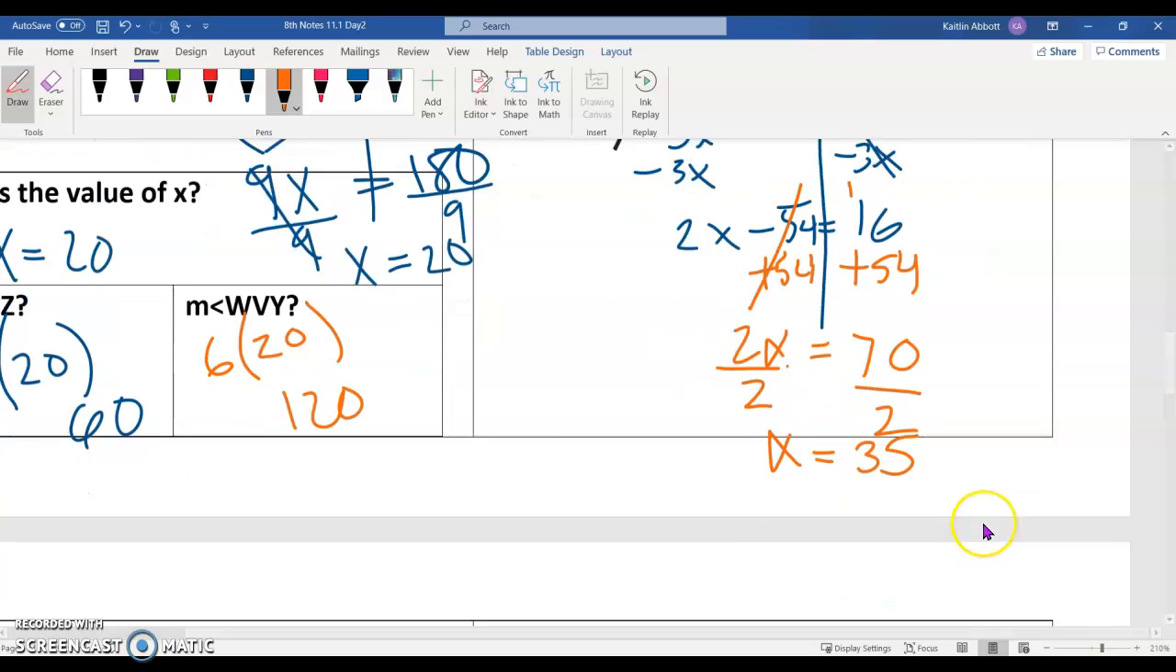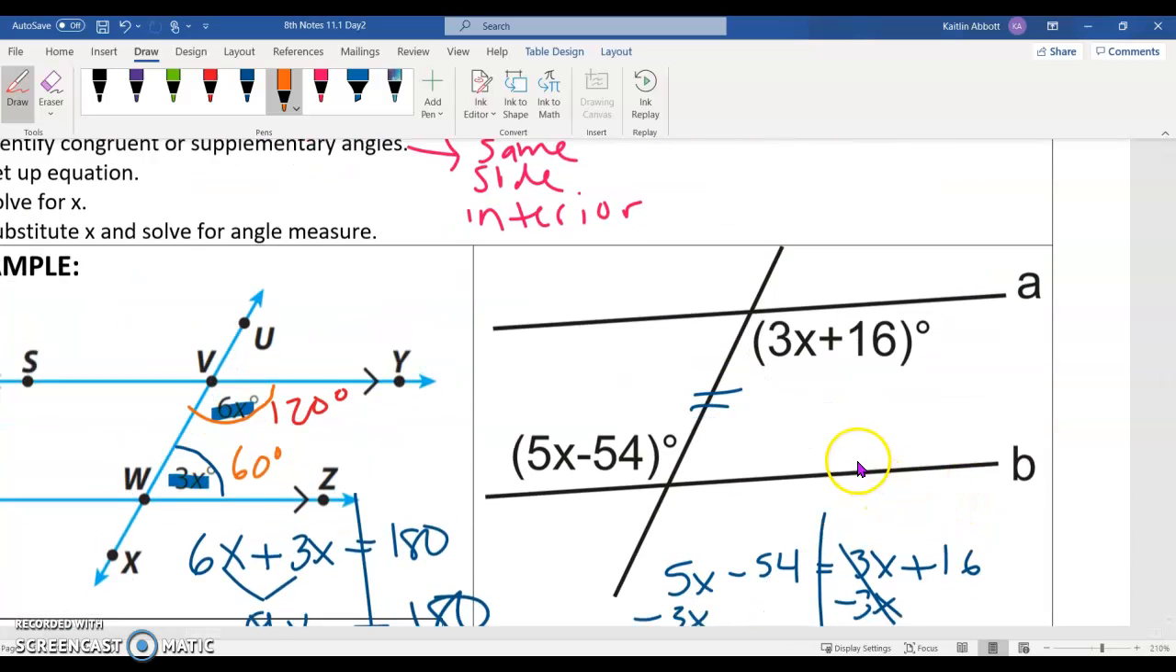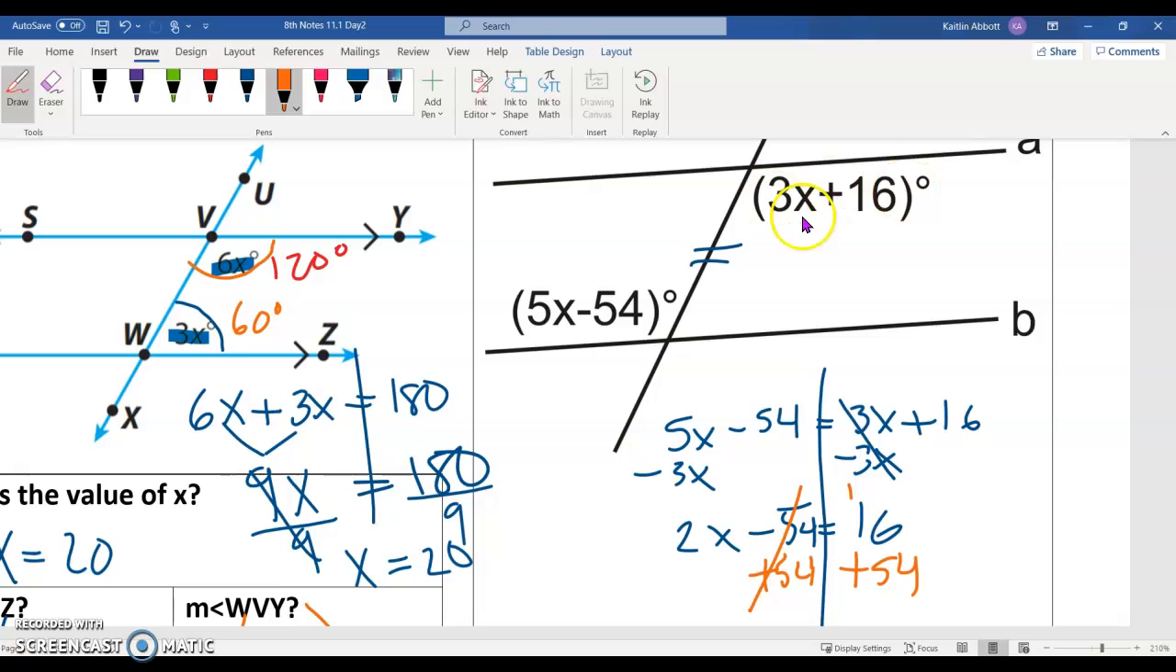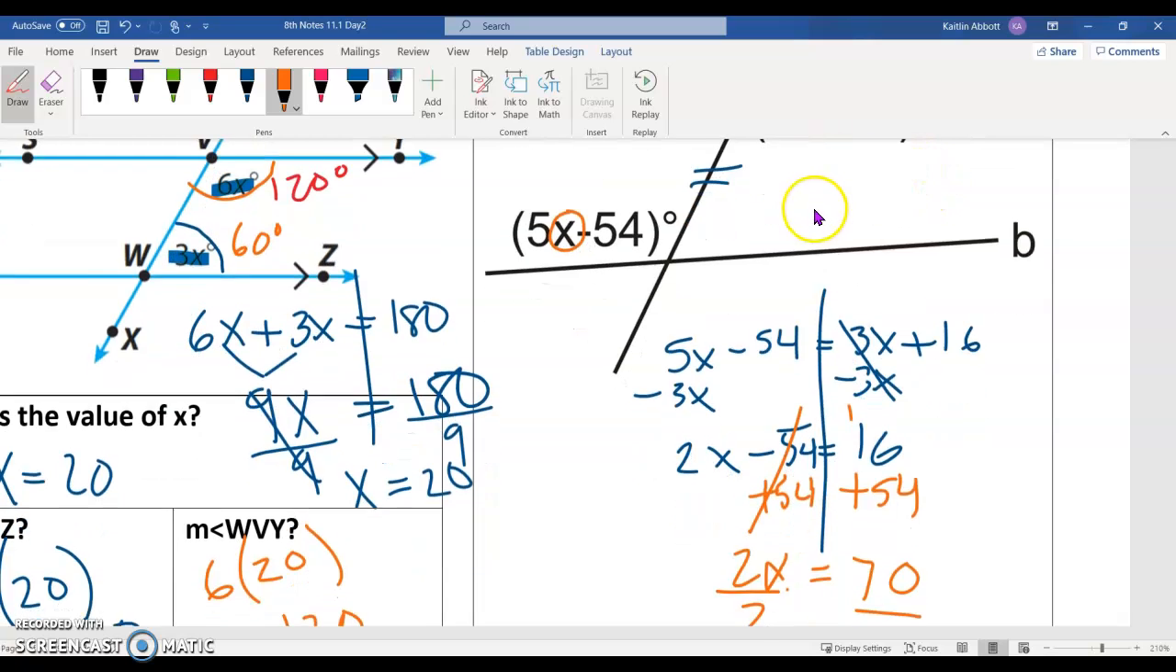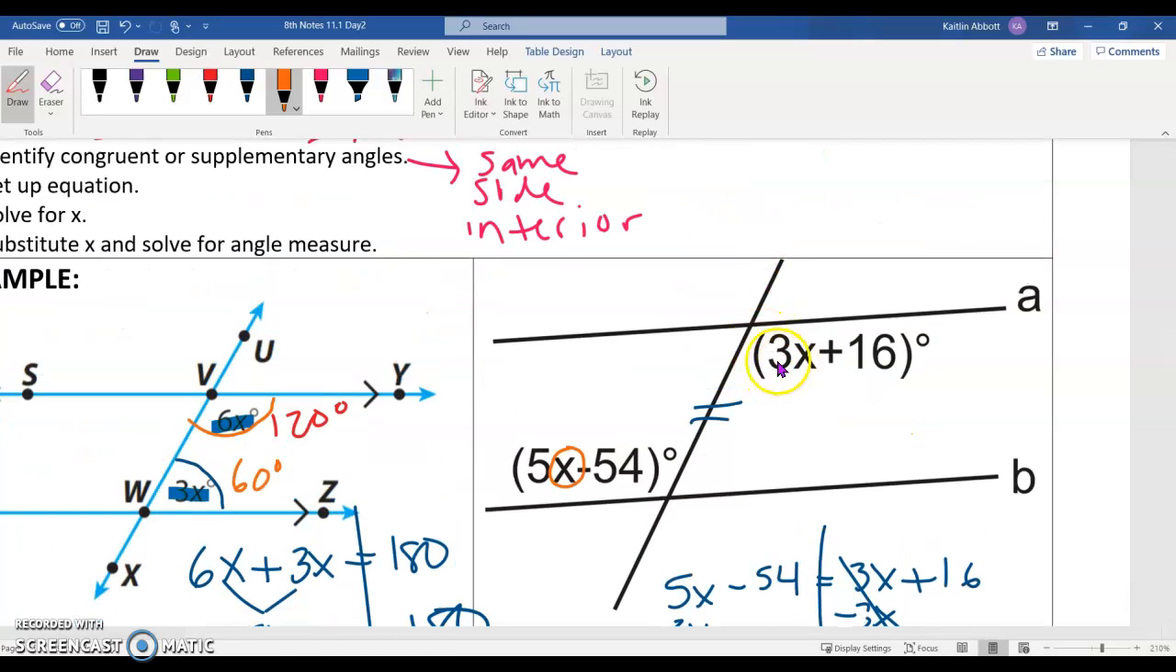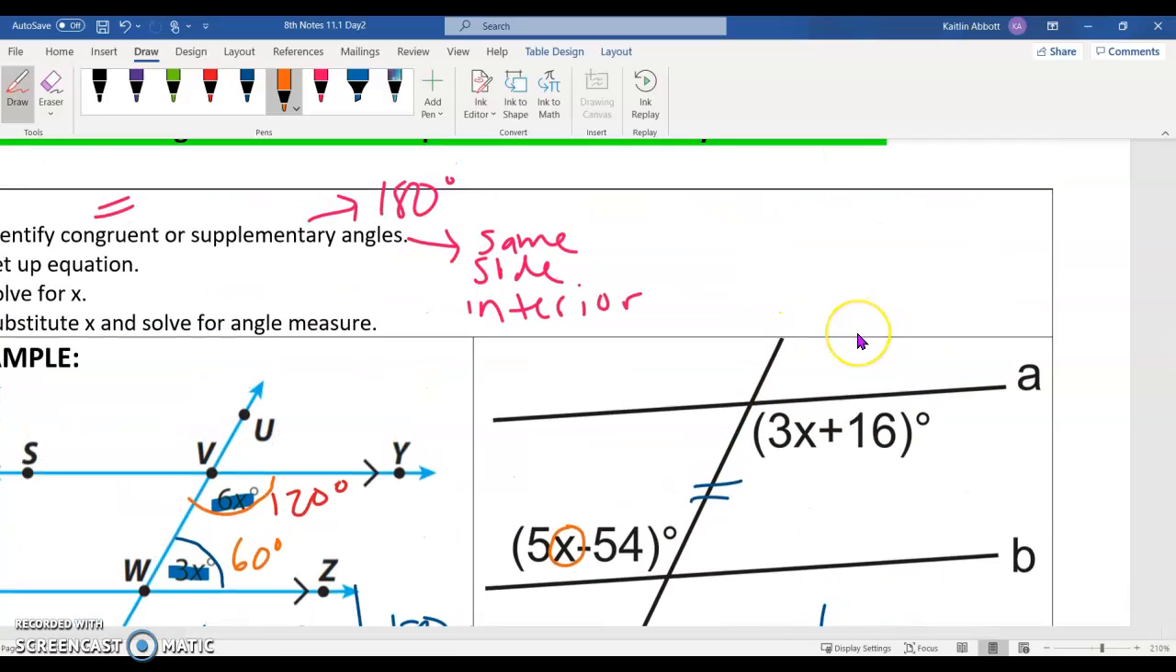X equals 35. Now, to figure out what the measure is, now that's not how big this angle is though, because you see, we just figured out what x is. There's other stuff on here. So the measure, let's figure out what this measure is. To figure out what the angle of this one is. And then once we figure out one, we're going to know what the other one is because they're congruent. They're supposed to be the same. So actually, I want to do this one. So 3x, and we said x is 35. So we're going to do 3 times 35. So I'm going to write it up here. 3 times 35